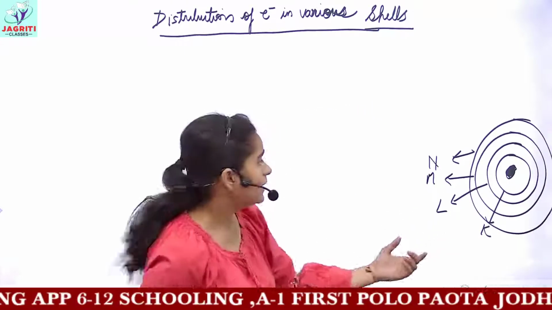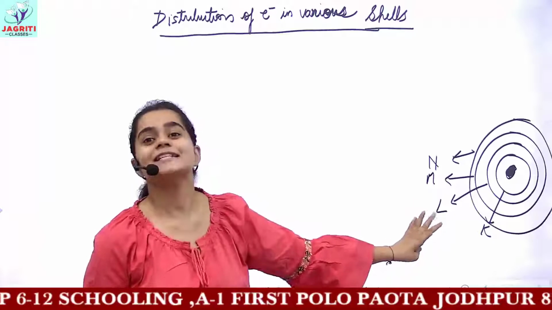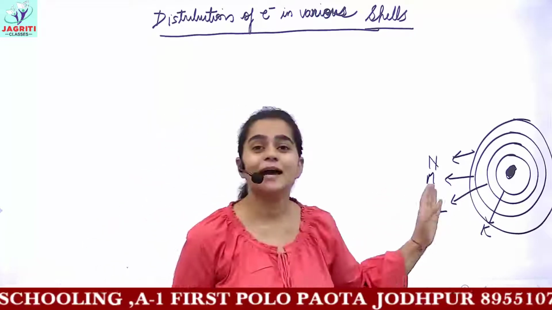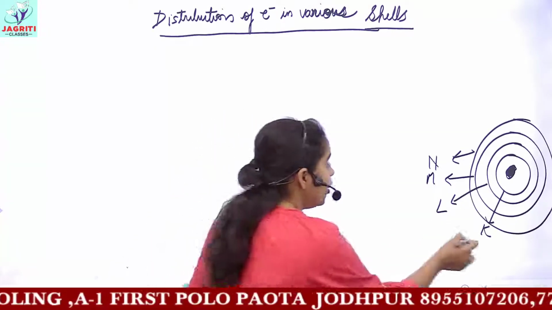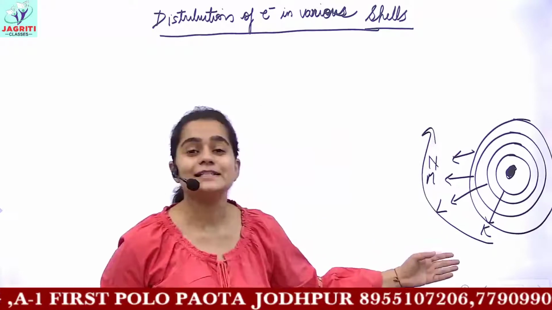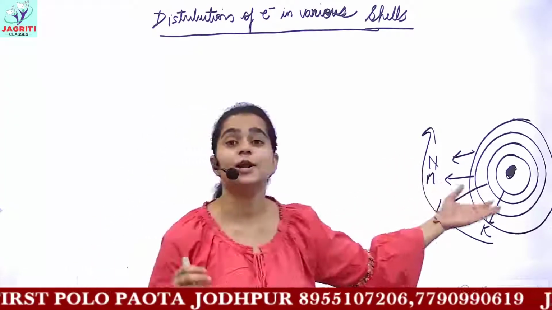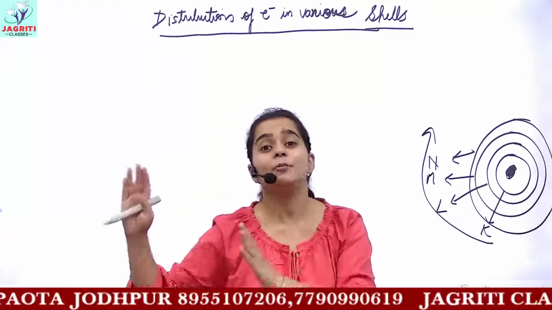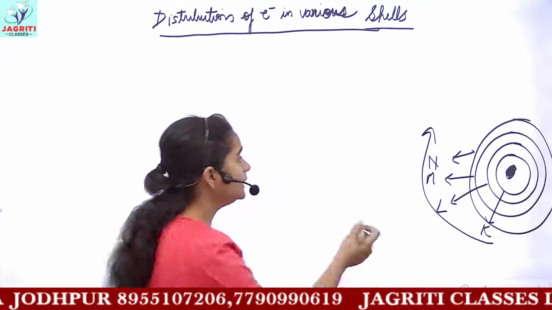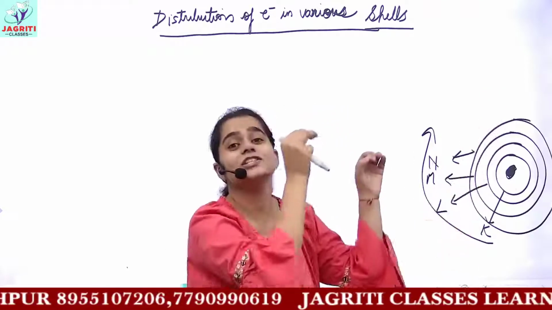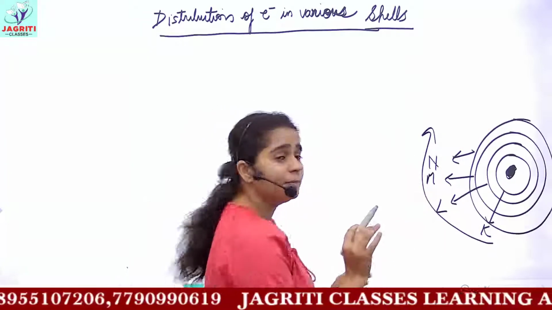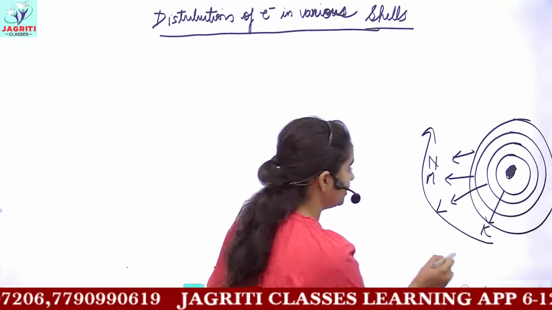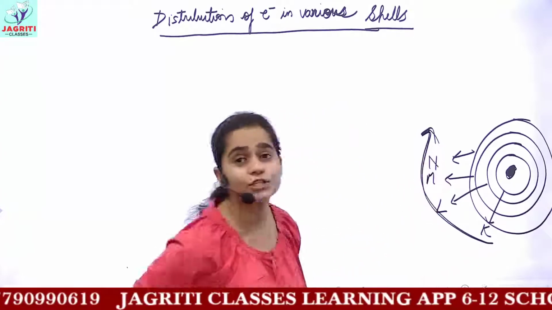It's not the fact that only these 4 shells are present in an atom. When you study in your higher classes, you'll know that many more shells can be present in an atom, which is based on the number of electrons present in them. If in an atom we have more electrons, then of course you'll need more shells to arrange the electrons. But for now, you have to remember that Bohr proposed these 4 shells,